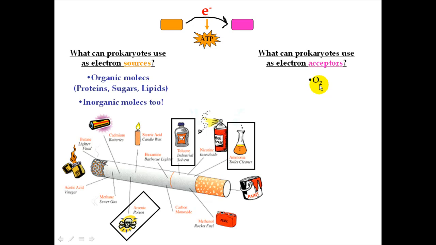Like us, there are prokaryotes that can use oxygen as their final electron acceptor. Like us, there are some prokaryotes that can use pyruvate and other derivatives of pyruvate as their final electron acceptor. But unlike us, prokaryotes step it up. There are some that can use inorganic molecules other than oxygen as their final electron acceptor. So for example,